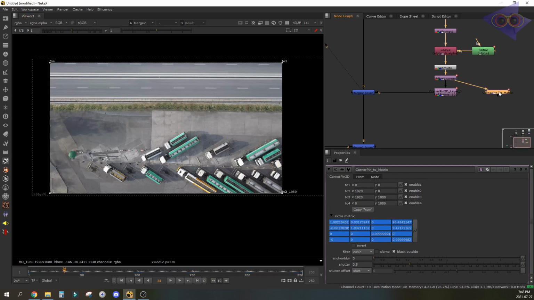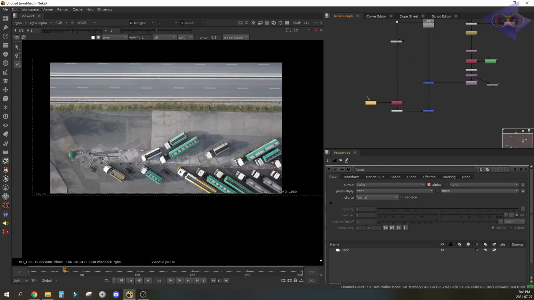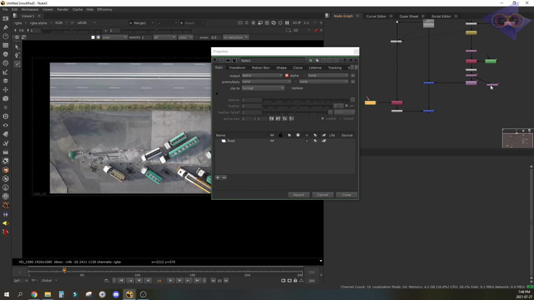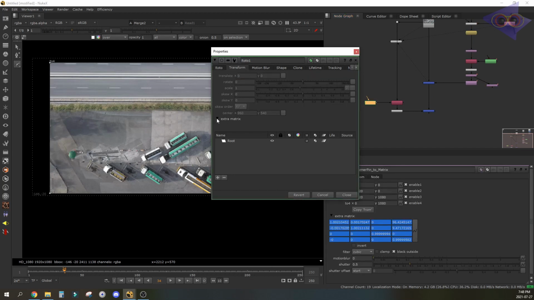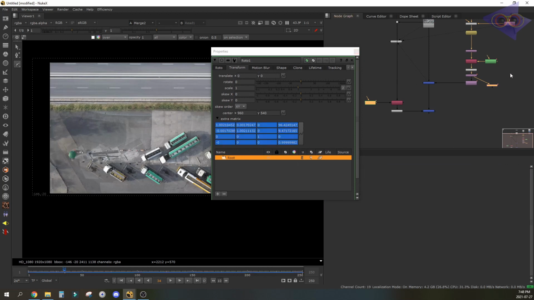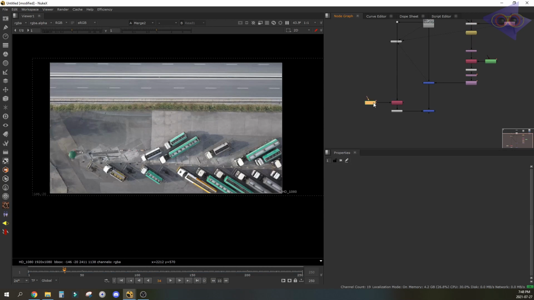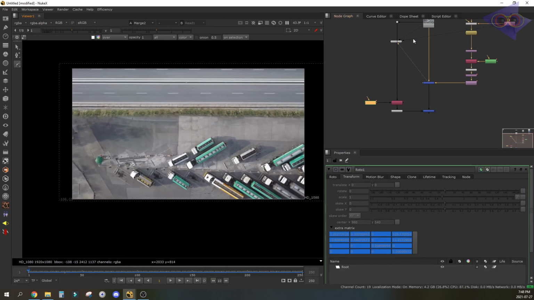We have the result here. Let's copy the values into the Roto node. Inside transform tab, extra matrix. Okay, now we have the exact track as the original corner pin from Mocha Pro. Let's draw a spline and reveal back the untouched part.